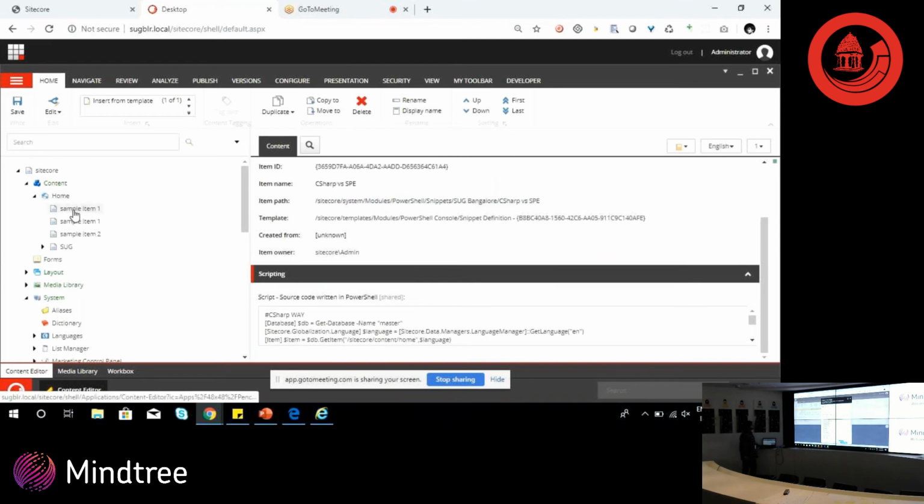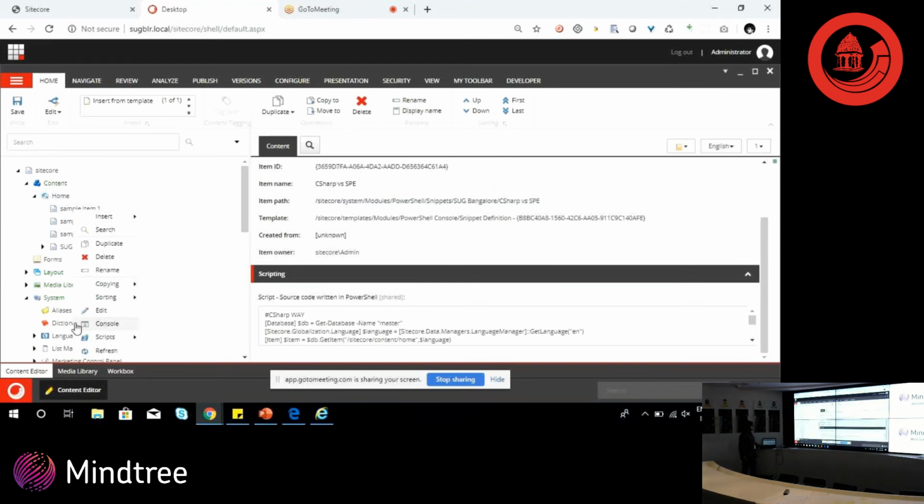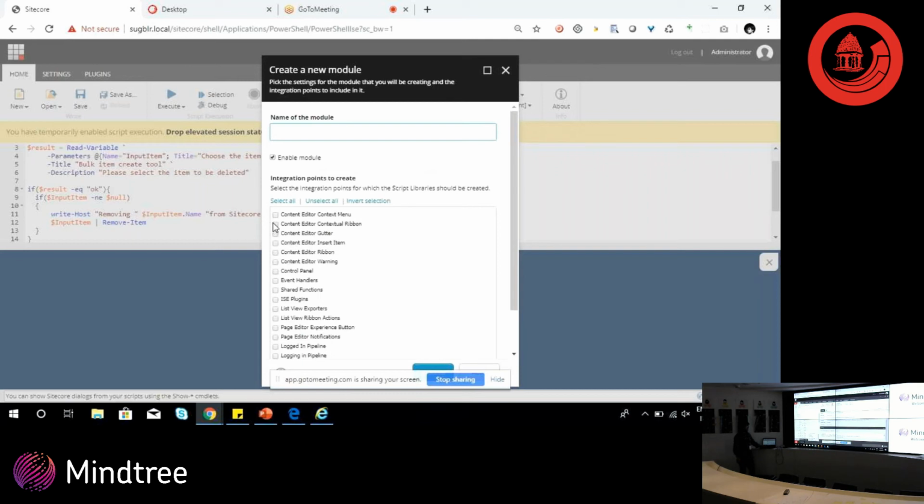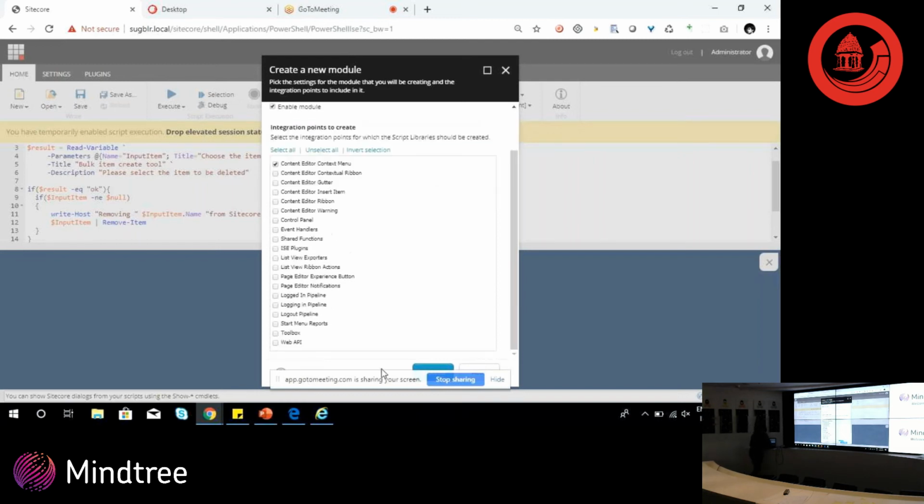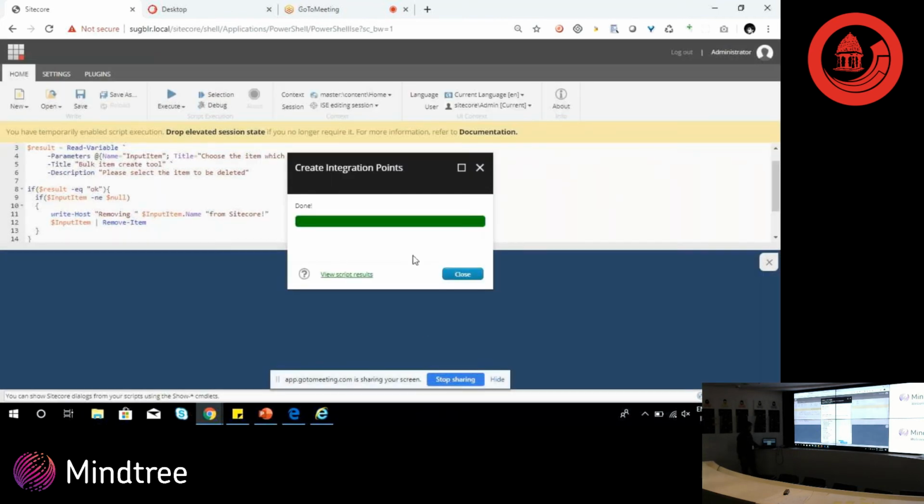So let me just go over here. Under each item, if you right click, there is something called scripts. Yeah, scripts. Under scripts, we have these options: author statistics, layout, packaging, publish my items, author activity. So suppose I create a module using this particular option. So let me just name this as, and if I choose this option,